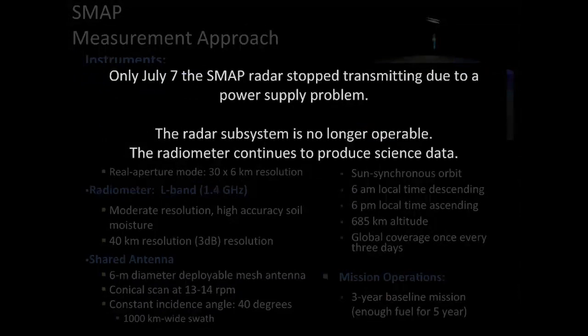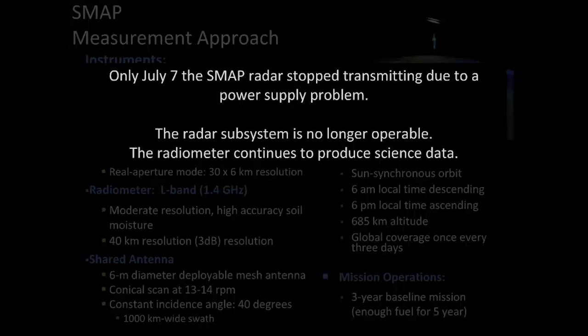But as many of you know now, on July 7th, the SMAP radar did stop transmitting due to a power supply problem. And the radar subsystem is no longer operable. We are moving forward with the radiometer as it continues to perform above expectations, which is wonderful. And your science that you're going to see is going to come from the radiometer, some of the historical radar